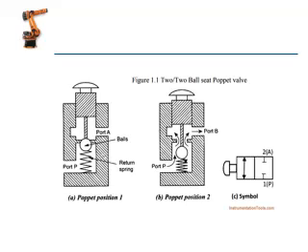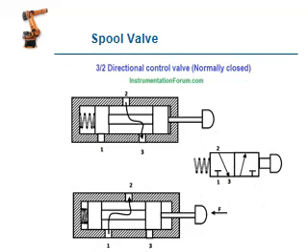The figure of the poppet valve. There are position 1 and position 2. This is a symbol. Whenever the ball is controlled by the spring back, when the pressure is increased above the spring pressure, the valve is opened, so oil escapes from the path. This is a spool type valve, a 3/2 direction control valve. This is normally closed; when the oil enters, the valve is automatically opened. This is a spool valve.